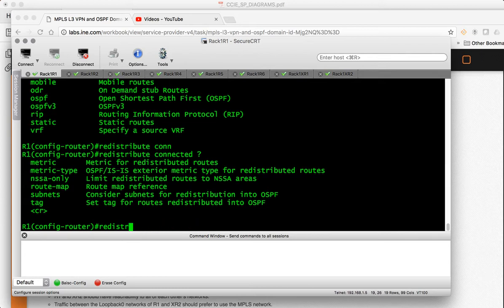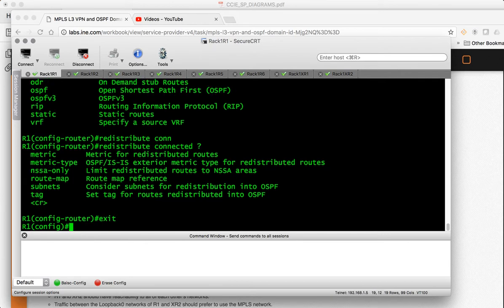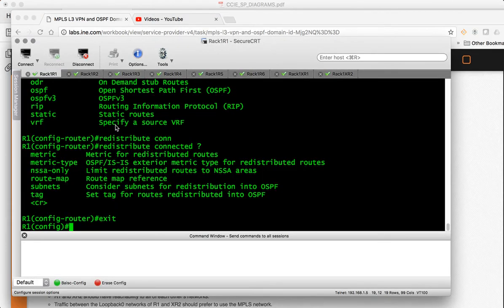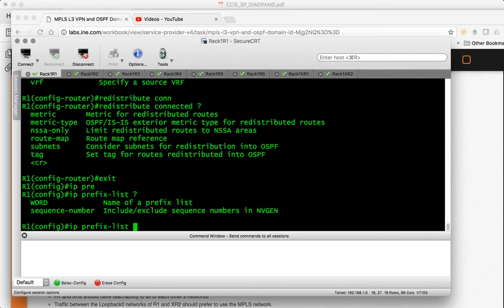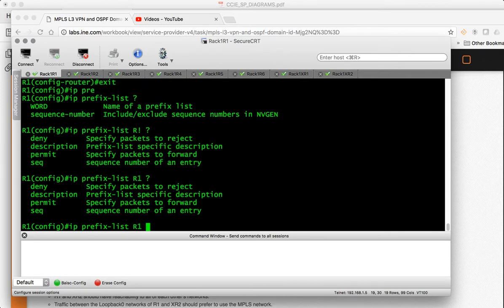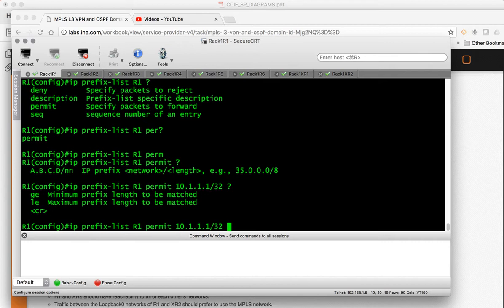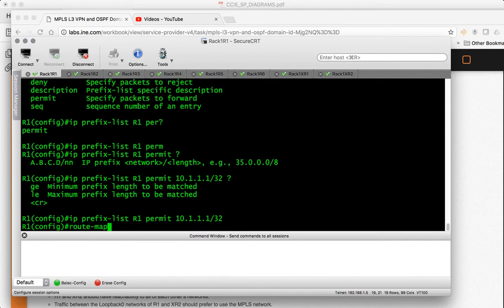I'm going to go ahead and create a route map to do this, so I can just make sure that I'm redistributing only the router 2, only the loopback address. So I'm going to do an IP prefix list R1 permit 10.1.1.1/32 and then we're going to create a route map